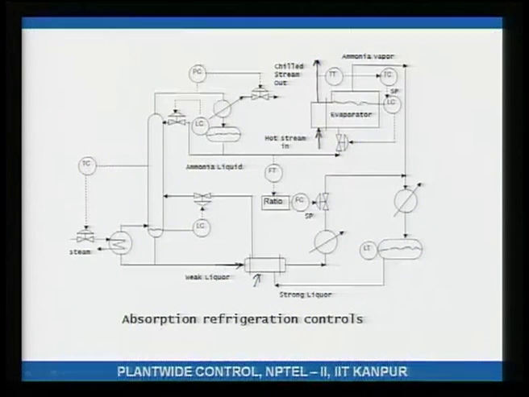What you are essentially doing is using the temperature transmitter and the temperature controller. Let us say the chilled stream is becoming hotter, its temperature is rising, that means I need to remove more heat. So, this temperature controller adjusts the level set point inside the evaporator. The level may be this, or this, or whatever I have drawn here, and as I adjust the level, the heat transfer surface area actually changes.